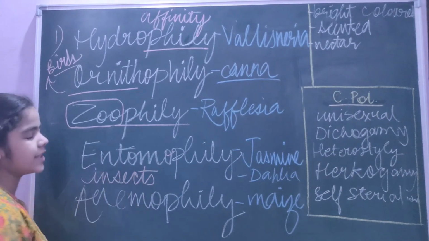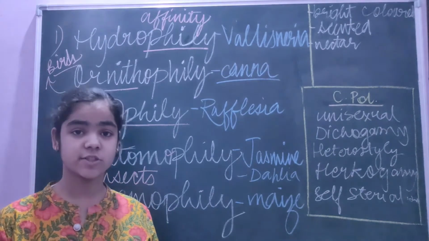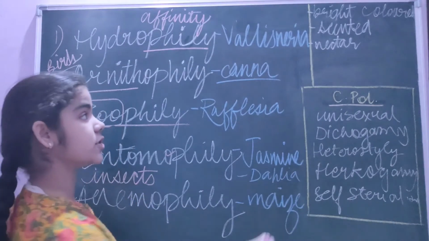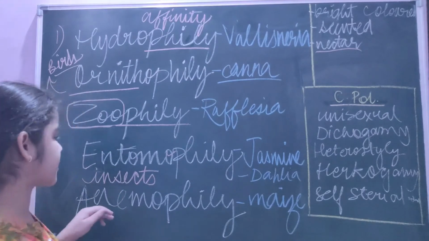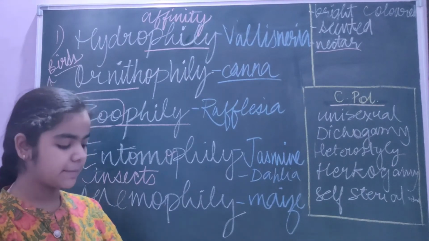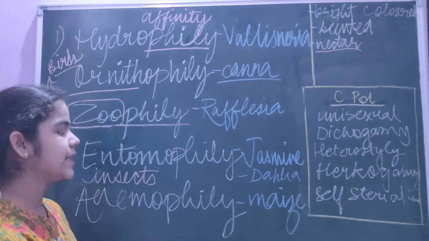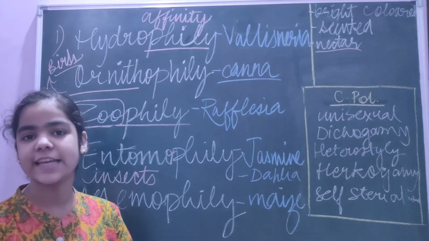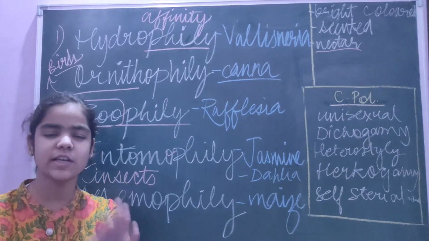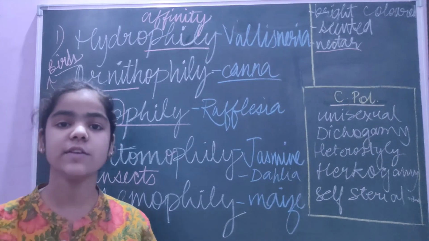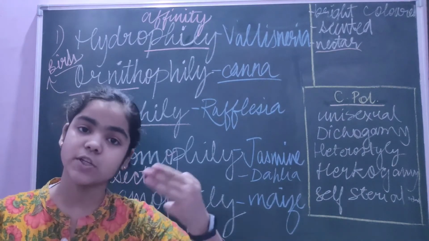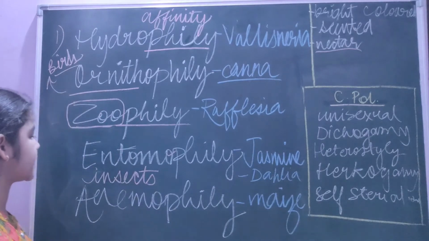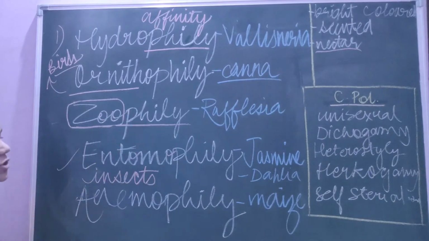Now you know that for insects nectar is very important. Nectar is the food for insects. So in search of nectar the insects wander from place to place, from flower to flower. When they come and sit on any kind of flower which is large, it is really very important for the flower to be large, to be brightly colored, and to produce nectar. If these 3 things are satisfied, then entomophily will take place.